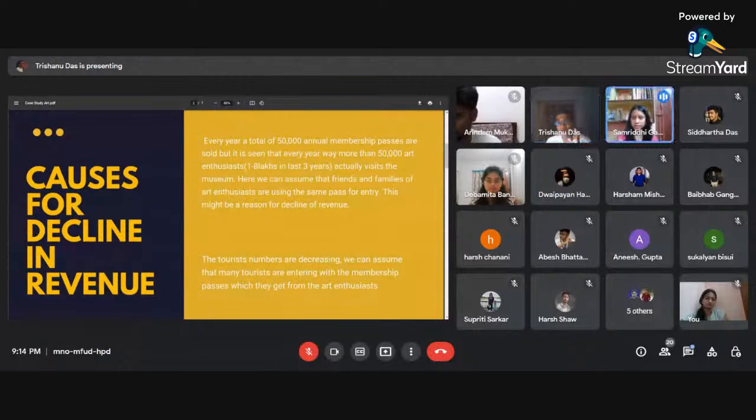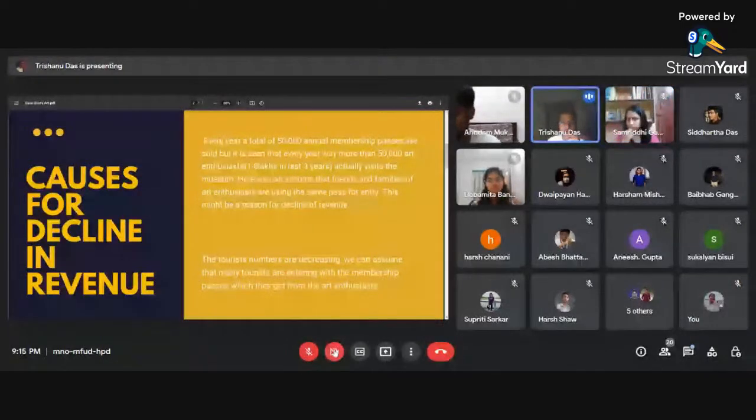So let's leave that aside because see, a tourist is someone who will visit Mumbai to see the Sarmaya Arts Museum maybe from a far off place. So it won't definitely make sense that I, being from Kolkata, will purchase a membership at Sarmaya Arts Museum, and I'll visit that museum only once a year, right? So let's assume that even the art enthusiasts remain constant, the student visits have remained constant, but only the number of tourists to Sarmaya Art Museum has declined. So what's the remedy for that?